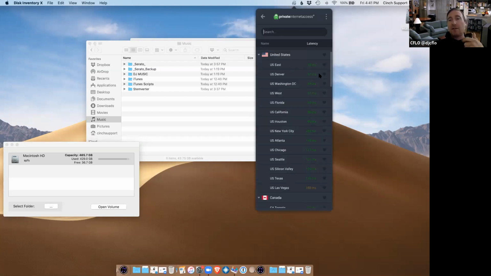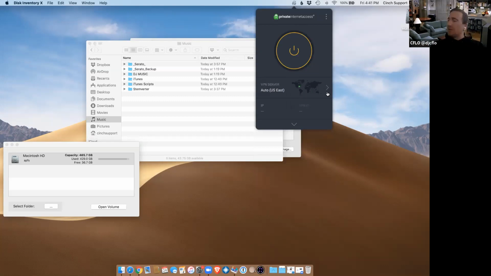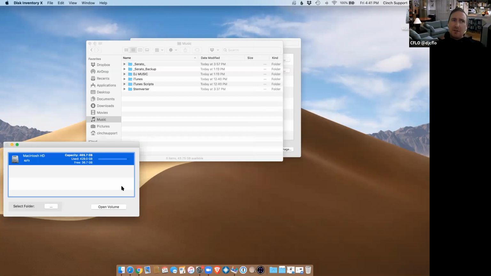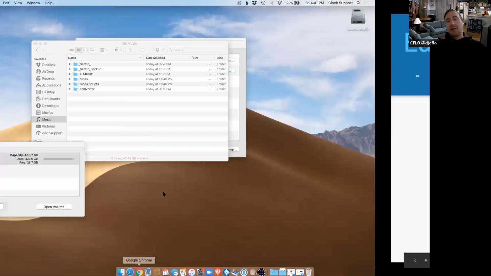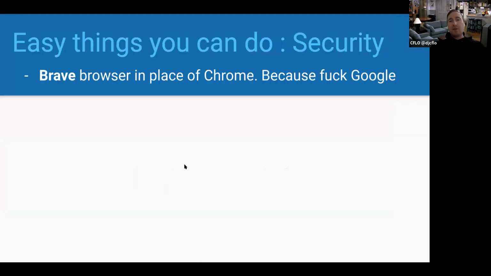And they even have an app. I haven't really messed with it on my phone, but it's an app on your phone. I think it comes out to like between $3 and $5 a month if you buy a year for this particular Private Internet Access. But there's a bunch of VPN services and I absolutely recommend using them. Very easy.